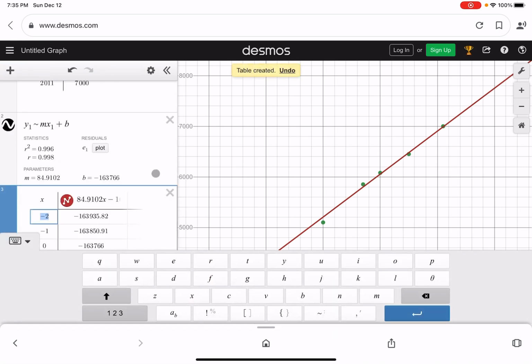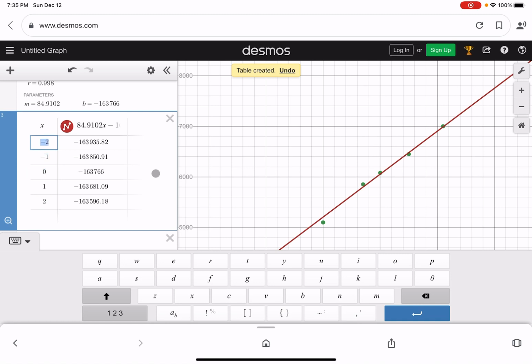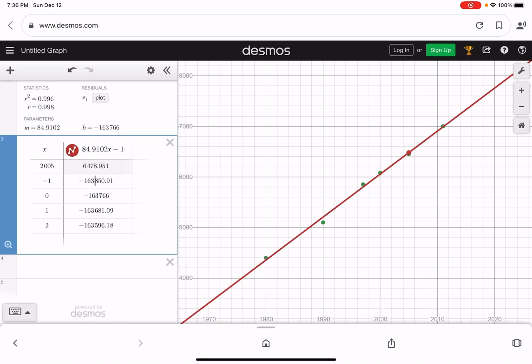So now, like we talked about in class, these x values automatically pop up, and it's not necessarily the values that we're looking for. So I didn't ask what was the population for year 0, I asked what was the predicted population in 2005. So you want to delete just any of these and then type in the value that you were actually looking for. And then this right here, 6,478.951 would be your answer, but we know that we can't have a percentage of one person, so you would round that up, and your predicted population should be